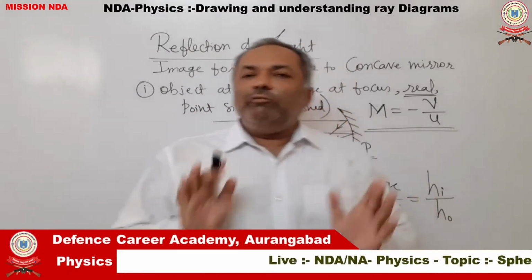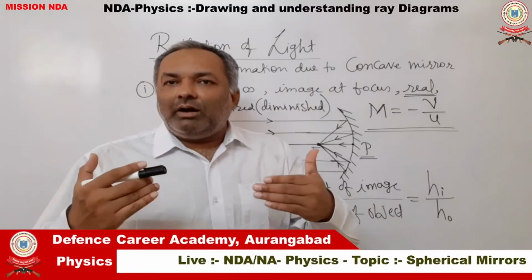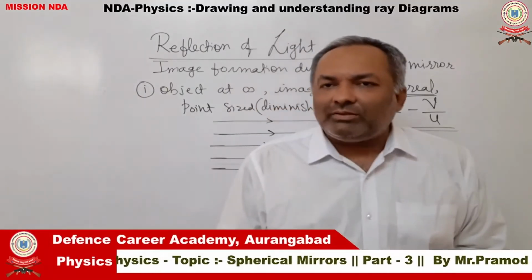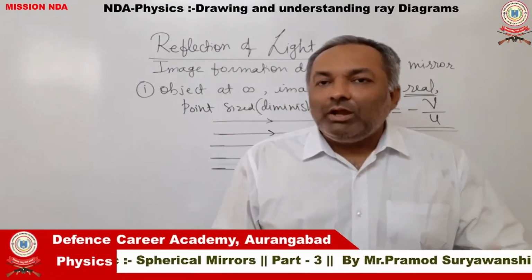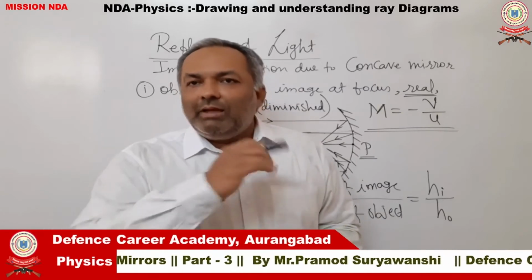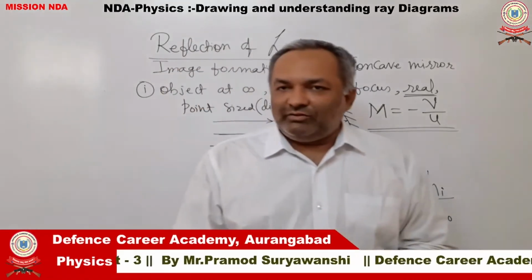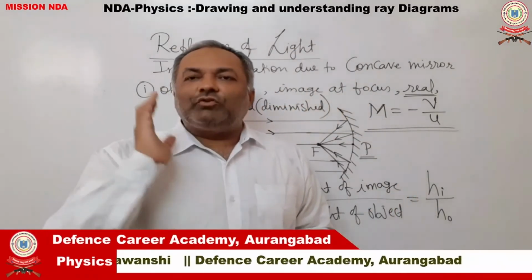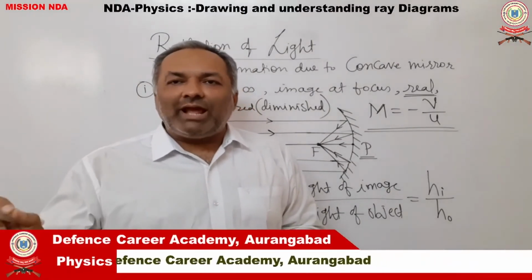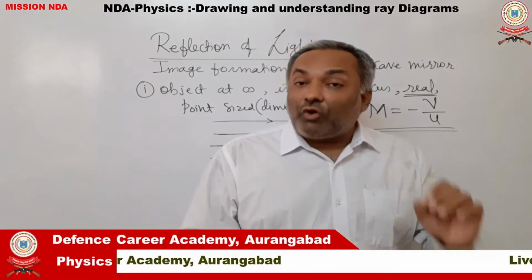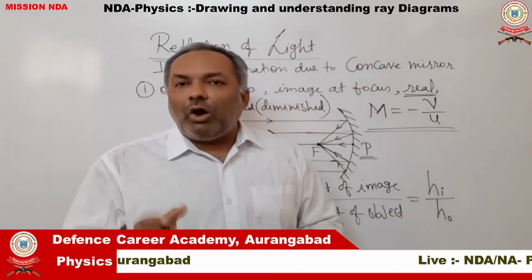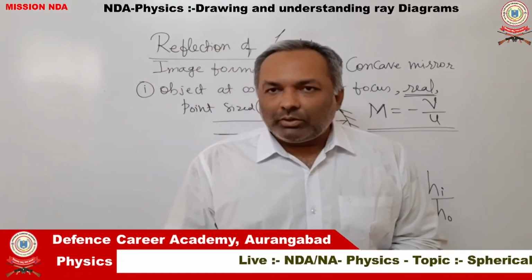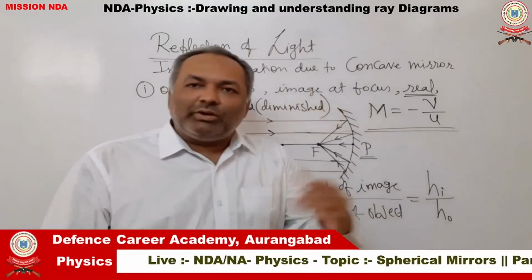That is why, when we draw a ray diagram and imagine that a virtual image is formed, we always represent the virtual image with dotted lines. We do not represent them with dark lines, whereas real images are always drawn with dark lines. This is a convention used in drawing ray diagrams. If an image is drawn in the form of dark continuous lines, it's a real image. If an image is drawn in the form of dotted, non-continuous or intermittent lines, then it has to be a virtual image.